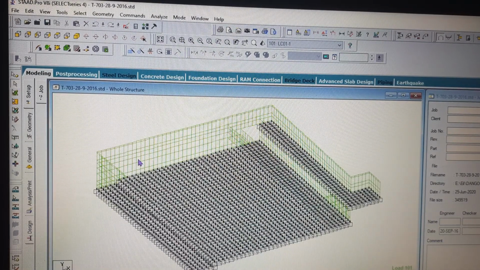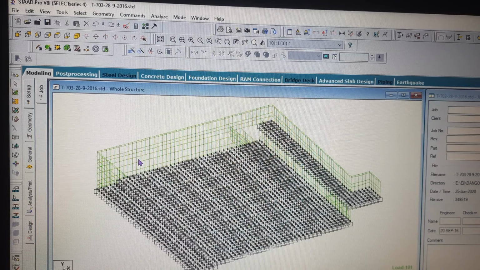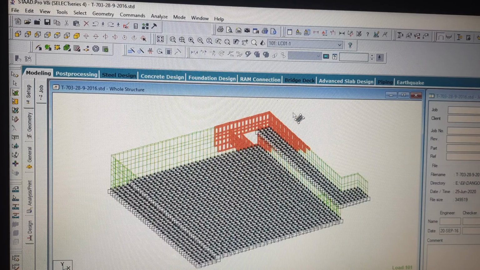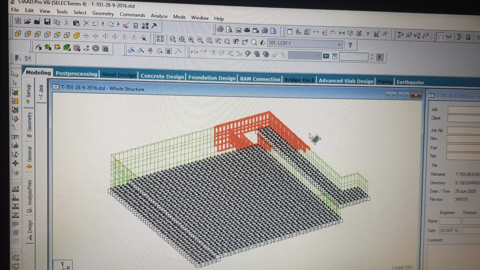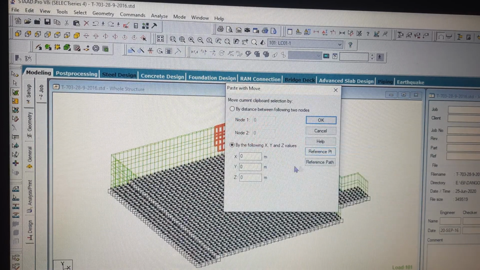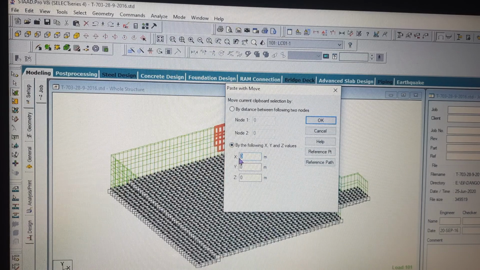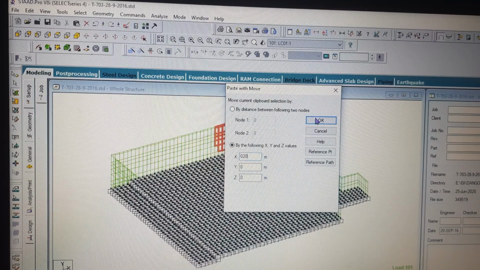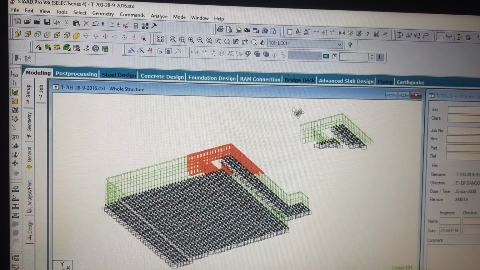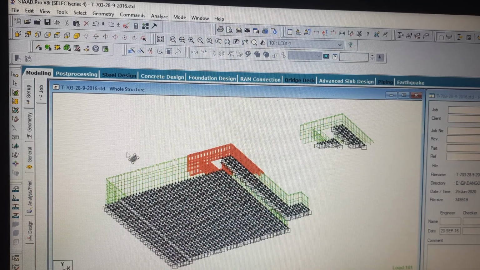So to check and catch that, this button is used. Suppose while modeling I have duplicated this part, say I am copying and pasting the structure around 20 meters apart, and it is not connected with the structure.